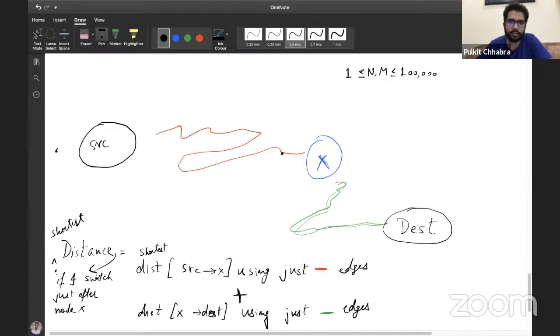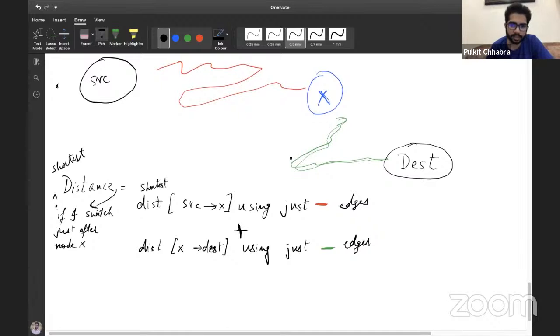I try to visit this node x from source using just red edges, and I find the shortest distance. How we'll do it, we'll get to it in a short while, but let's try to understand the essence of it. And then I know that from this node x, I have to reach the destination, so plus the shortest distance from this node x to destination using just green edges.